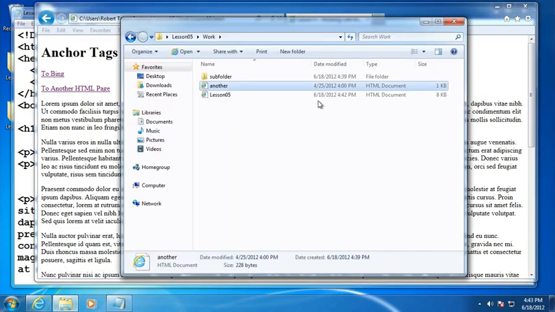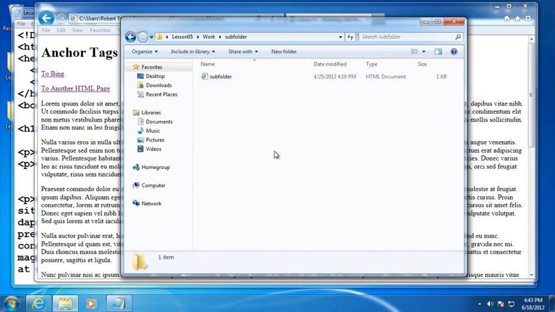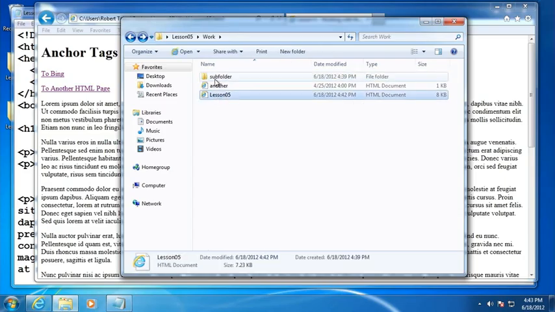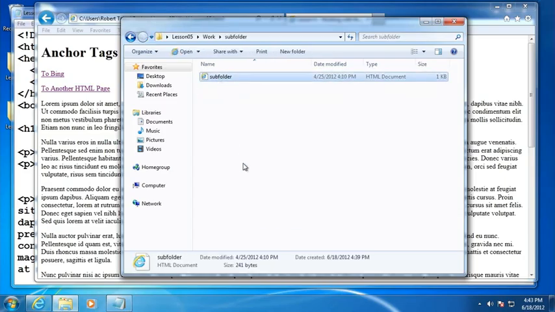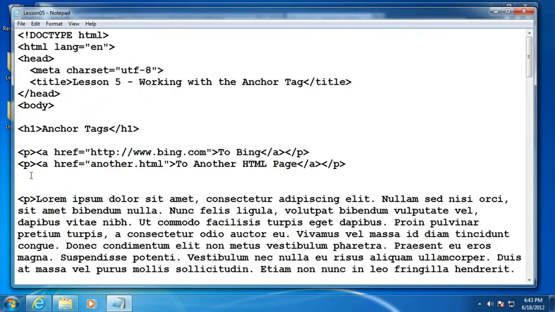There's a bit more to this story. If you take a look at this folder where I'm doing all my work, there's the lesson05.html page that I'm currently typing in, and we've already looked at another.html. There's also a subfolder called subfolder, and inside of the subfolder there's a subfolder.html page. So what if I wanted to create a relative hyperlink from this page to the page that's inside of my subfolder? Well, to do that, let's go ahead and add another paragraph tag, and then inside that href equals,